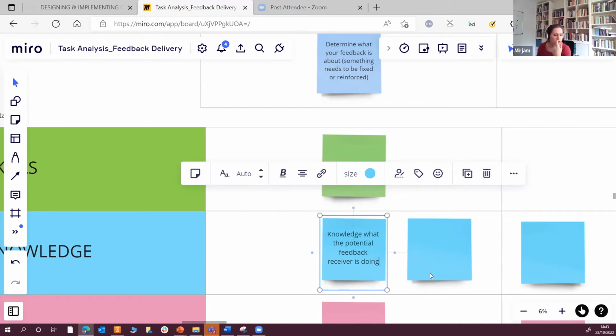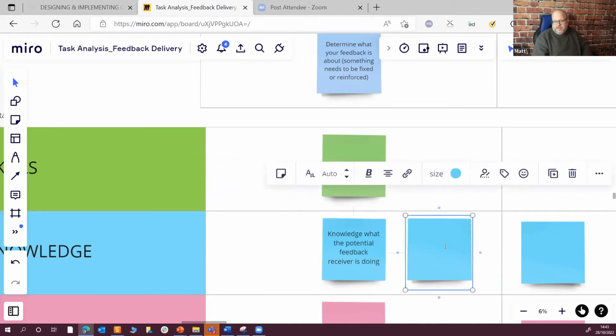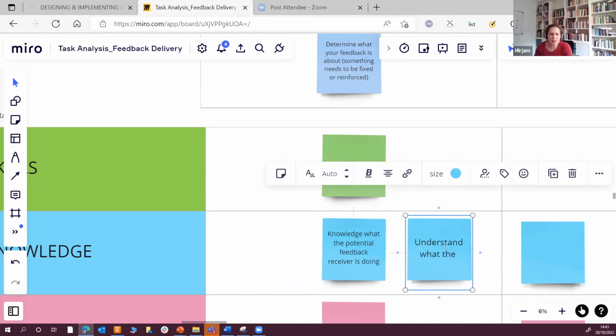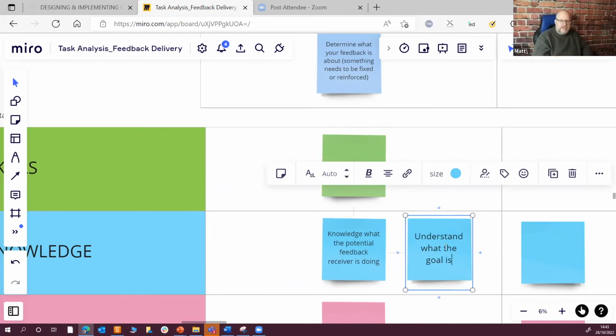Yes, but you should know what's going on in reality, but also, to what extent do you need to know what the outcome looks like, or what good looks like? I should definitely understand what the goal is for their deliverable. Is that what you mean? Yeah, like the standards. Yeah, I need to understand what the deliverable is and what the criteria for success are.